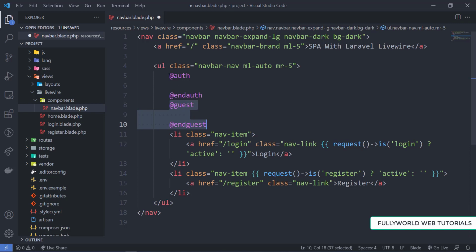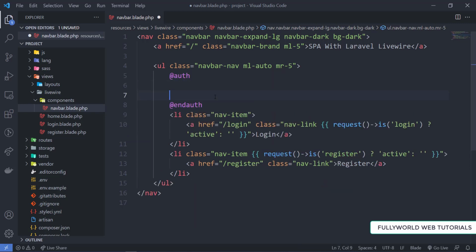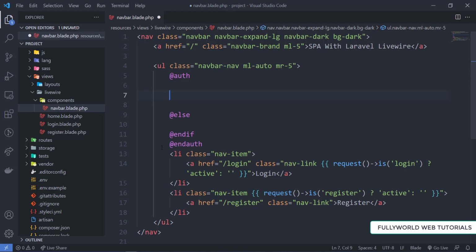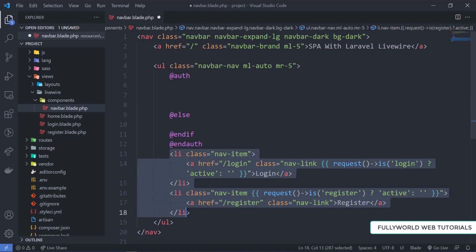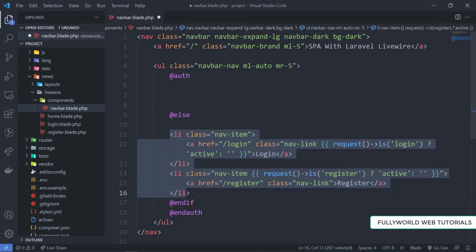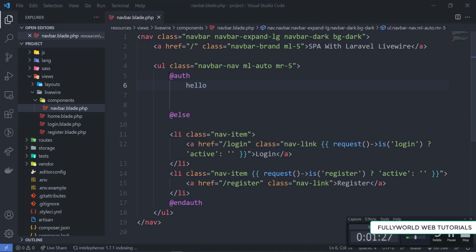But we are going to use this here only. Here I'm going to provide @else also, if the user is not authenticated, then we are going to do this. If the user is authenticated, I'm just writing hello here.